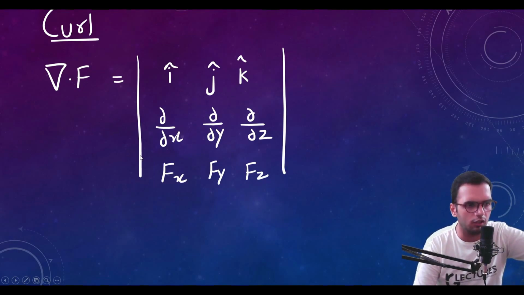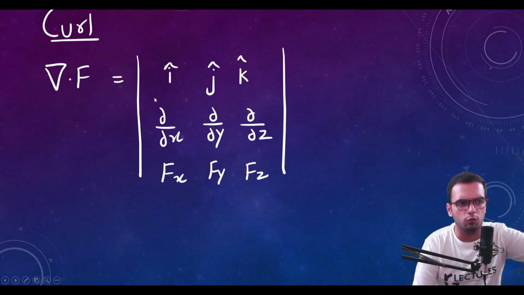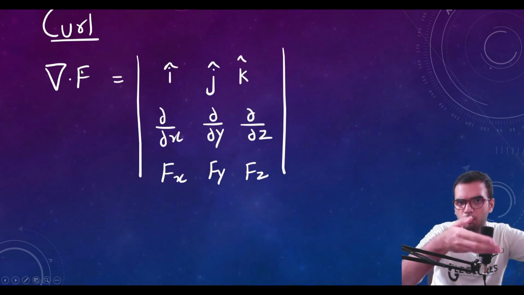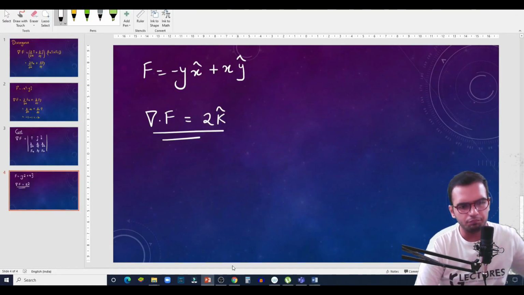For example, this is curl. Simply I can say that the curl of this vector field will be 2. So this is the curl of the cyclone model you saw just now. So I can say that the cyclone will hit with the intensity of 2 units. So this is the way things work.